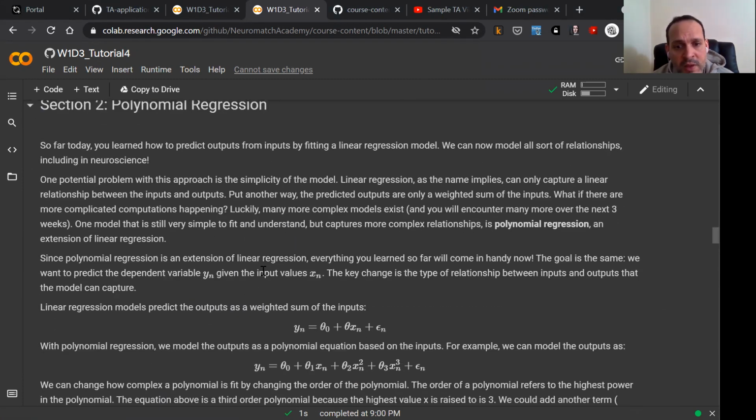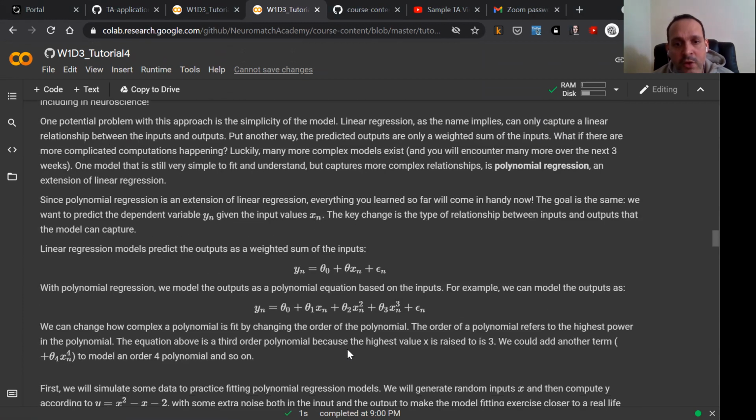Polynomial regression is simply, instead of having totally different features as each of the columns in the design matrix, we take the original feature and we take powers of it as if they were new features. So instead of building completely new features, we have the one original input feature we raise to different powers. So let's